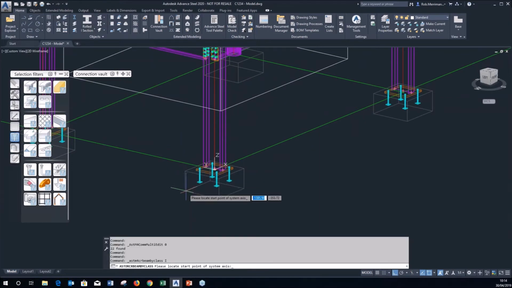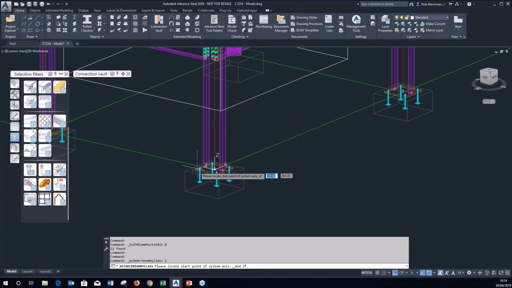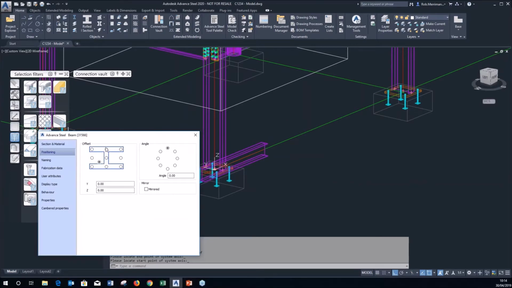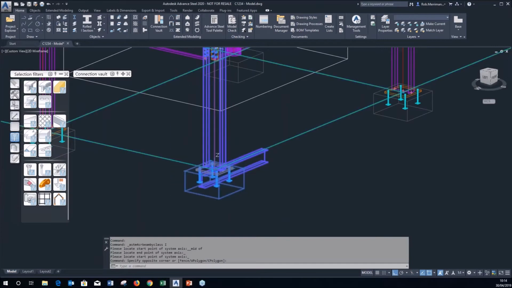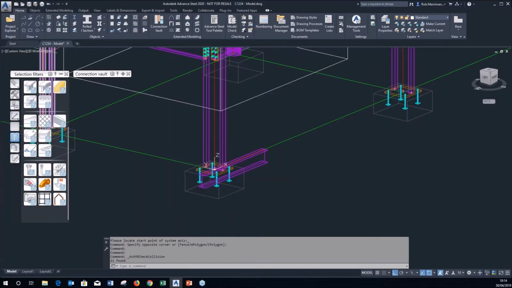So if I was to model a beam now, clashing through, running right through that footing, and I do a little clash check around it, it will tell me that it's found no errors,